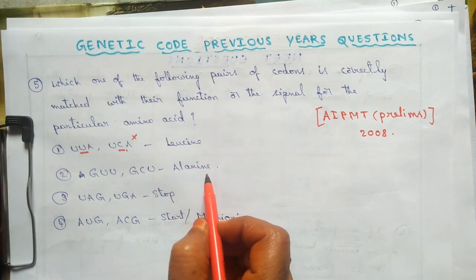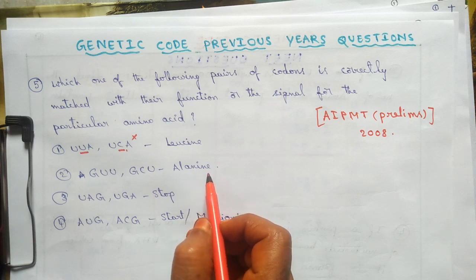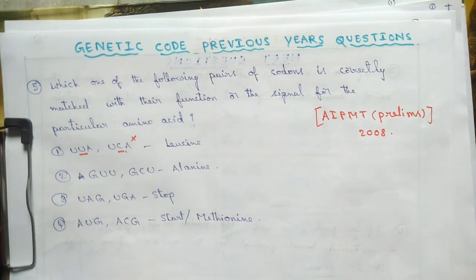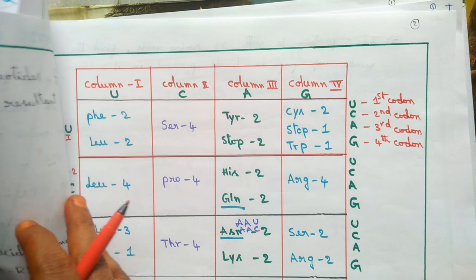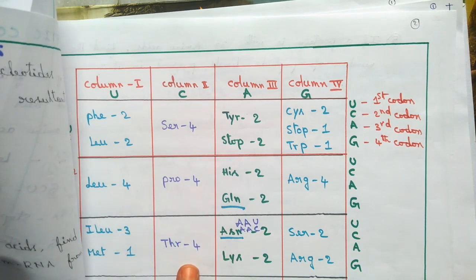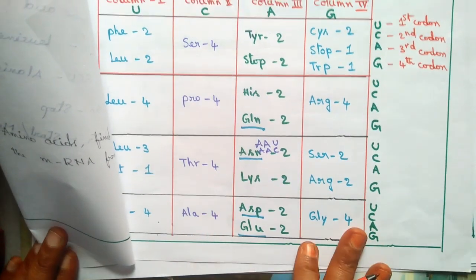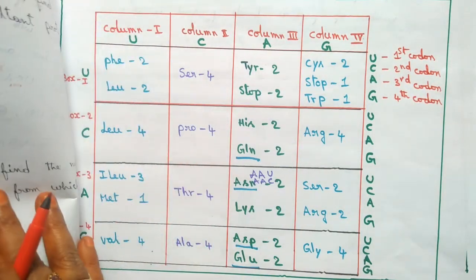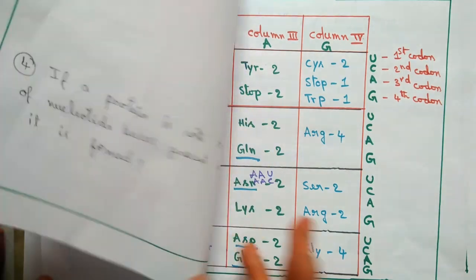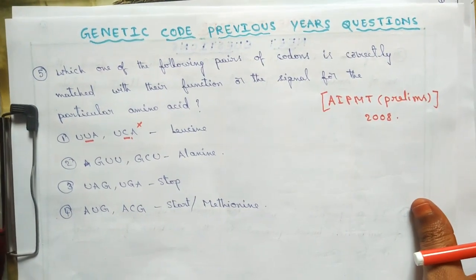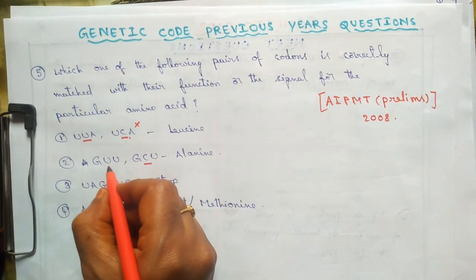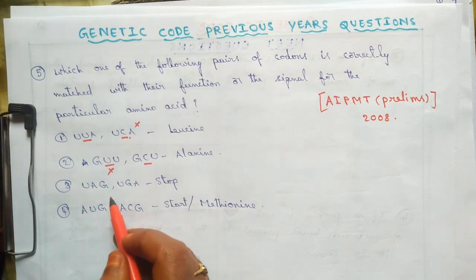Alanine amino acid is present in second column. Second column, first box, all the 4 triplet codons code for serine. Next, in second column, second box, all the 4 triplet codons of second box code for proline. Third box codes for threonine. Fourth box codes for alanine. So center base is C. Here what is given in this option? Center base is C here, but here U is given. So wrong.